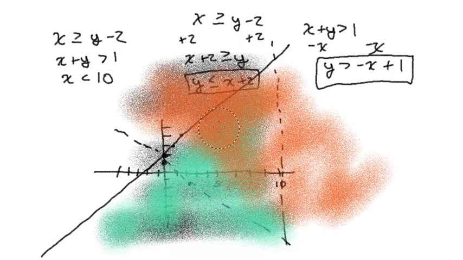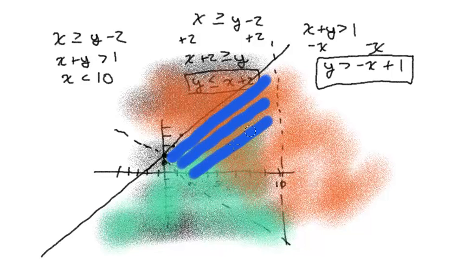Okay, so now we want the area that was common to all of them. That's the area here in this triangle. So this area right there. And that's the solution to our system of